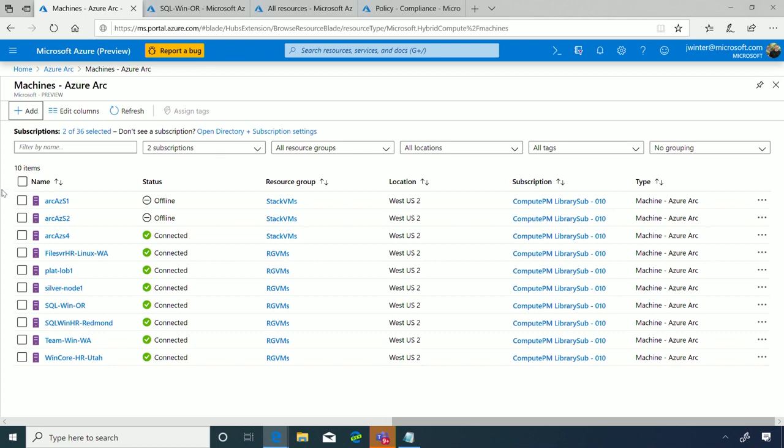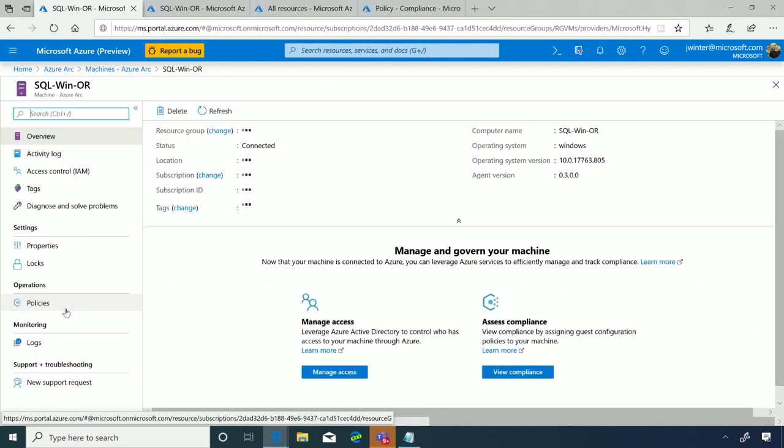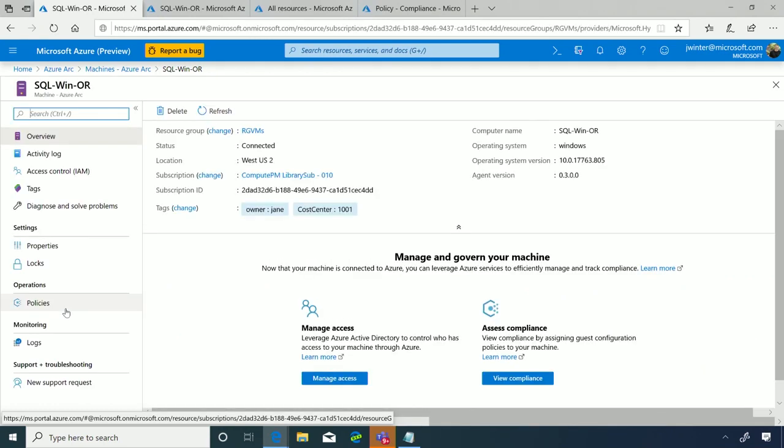So now, once these are there, I can just choose like this one SQL Server. This is no different for the Azure portal. This is the magic of what we're trying to do. I want no difference in the Azure portal. I want to just treat it as if it's an Azure resource. You can see the core things is, two of the big ones for the customers that we were working with are using managed access, and they're looking at the compliance. So we made it really easy and put it on the main front page for you.